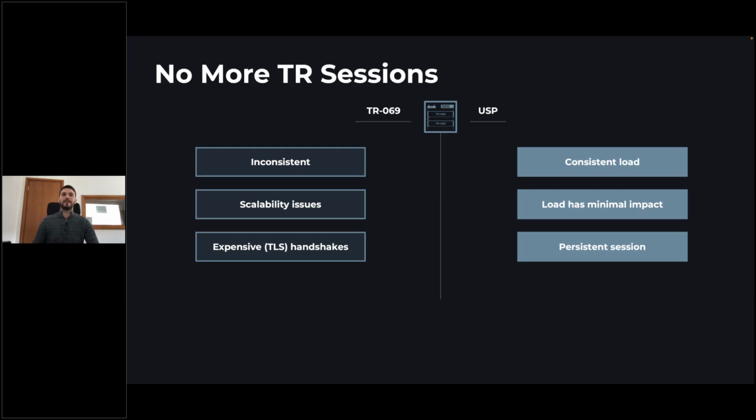One of those reasons, as mentioned before, is this chatty XML format, meaning that the actual useful part of the session is minimal. And one more point, the sessions have expensive handshakes, especially if we're using TLS in order to encrypt or secure the communication. We would always need to check it and so on, while on USP, having this persistent connection, we know that we do it once and that session can last for days or even longer.